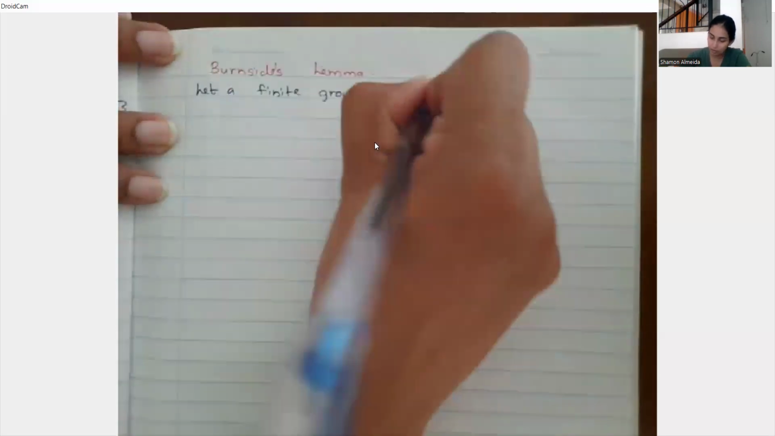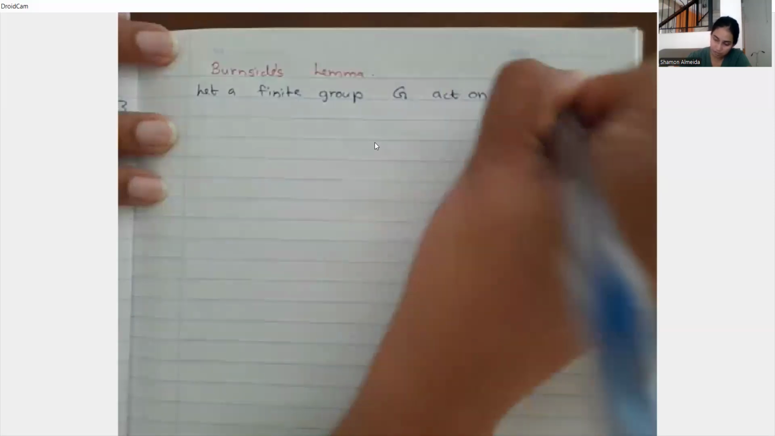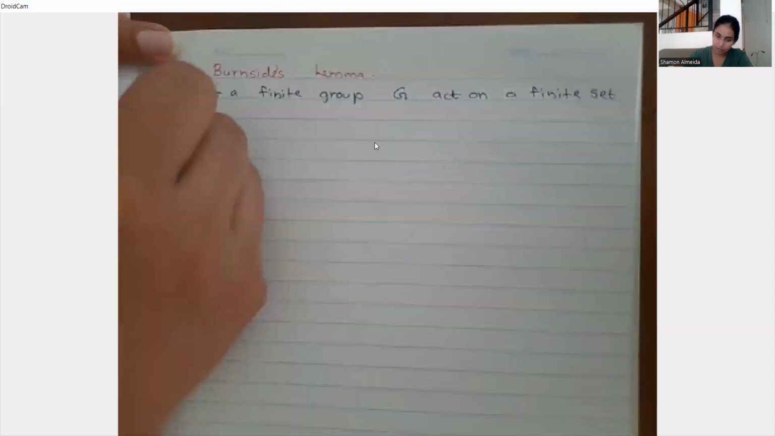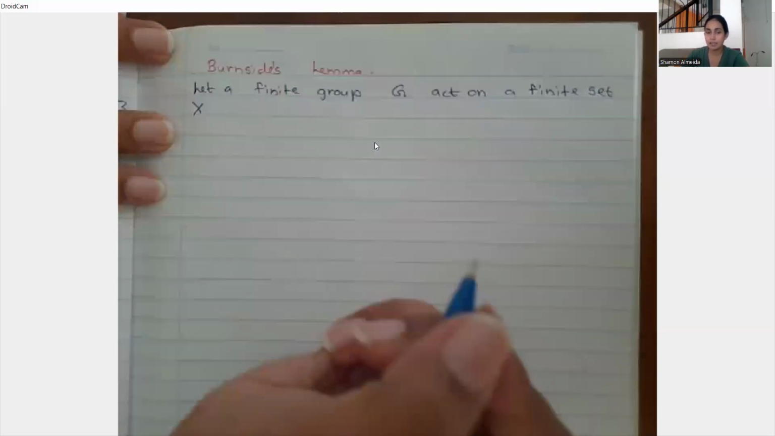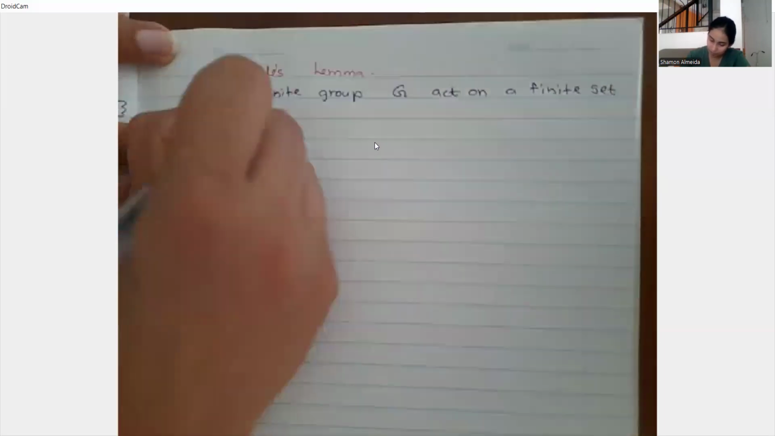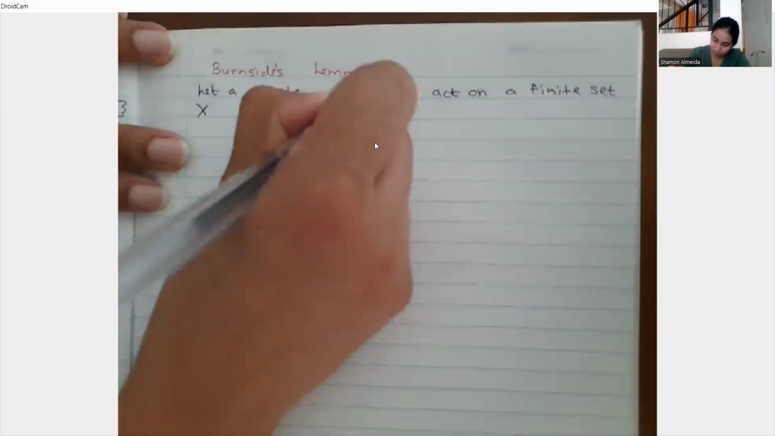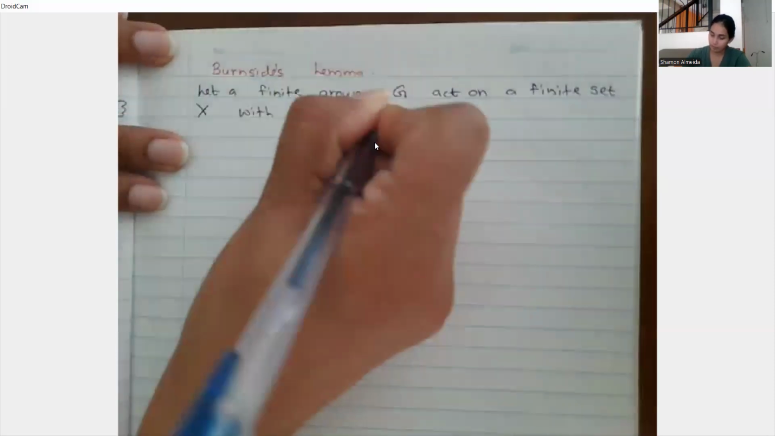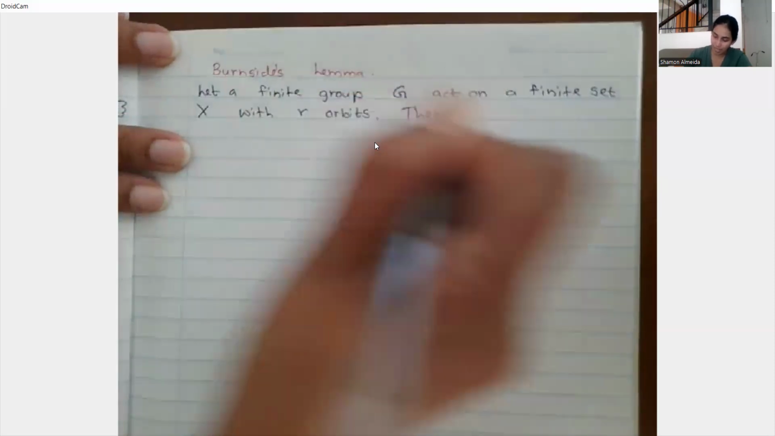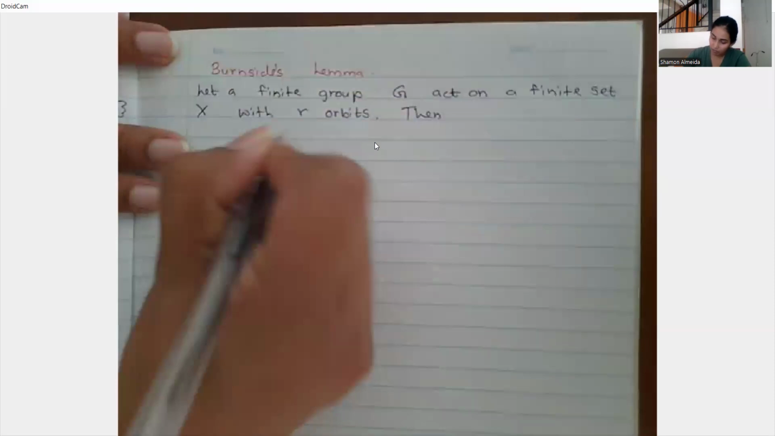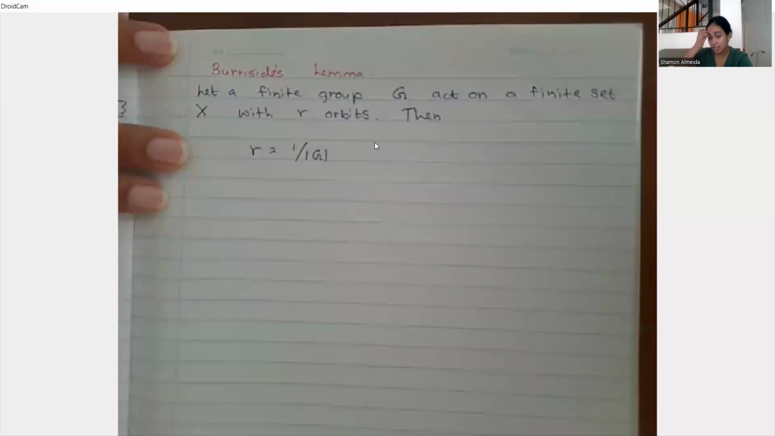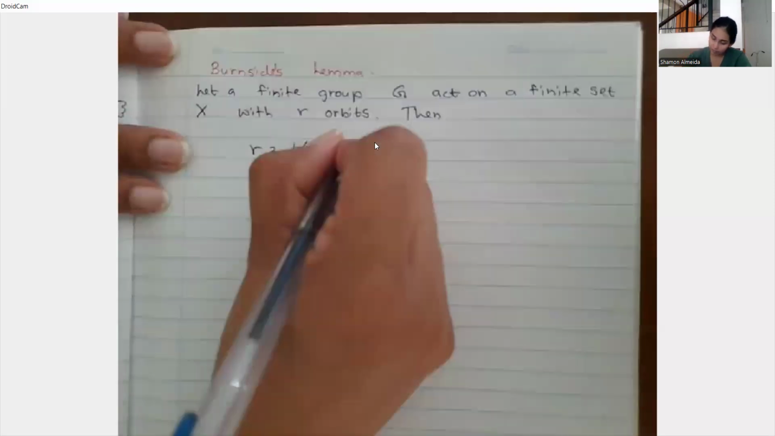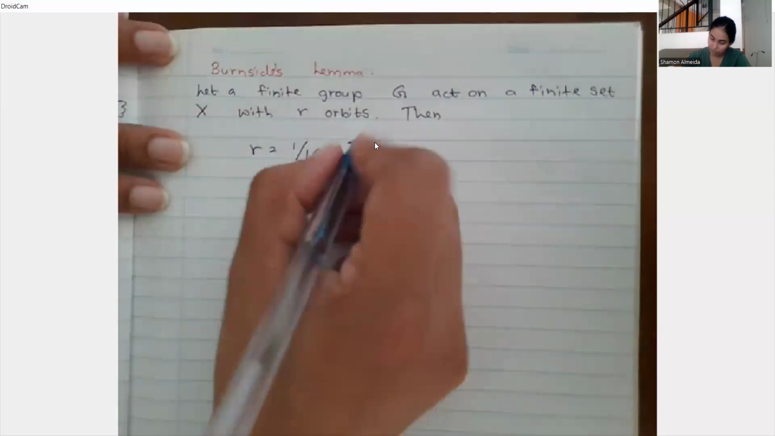G acts on a finite set X with R number of orbits. Let's suppose this has R number of orbits. Then we have R equal to 1 over the order of G. Remember, G is a finite group, so it has at least one element. 1 over G times the summation